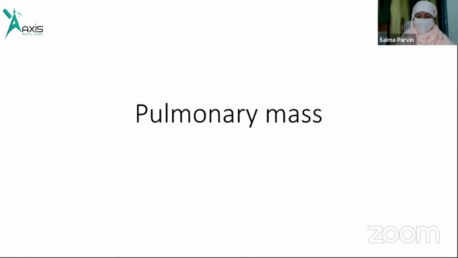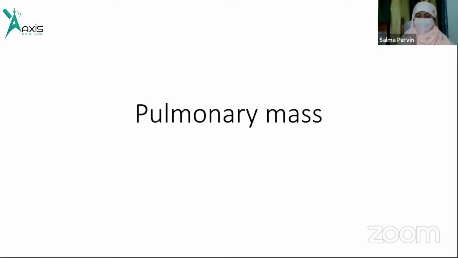So we are going to define a pulmonary mass. This is really not asking you to go through a text. I just want to make you decide about the pulmonary mass. You have got a chest X-ray all the time, in practice or in class or at work, a black paper of X-ray, and you should not miss a pulmonary mass wherever you are. So I am trying to educate you whether this is a pulmonary mass or not.